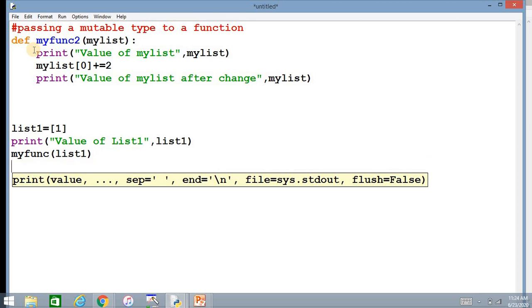Now after list 1 is passed, whatever changes happen, I am going to print value of list 1 after the function call.